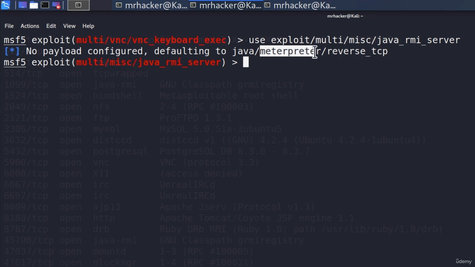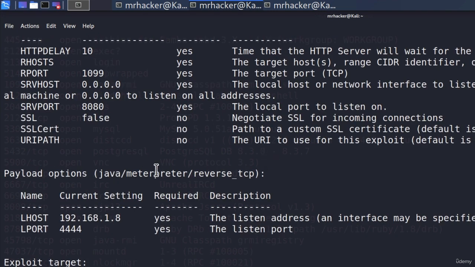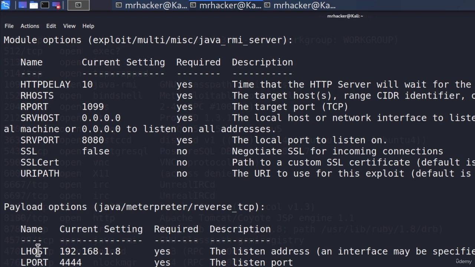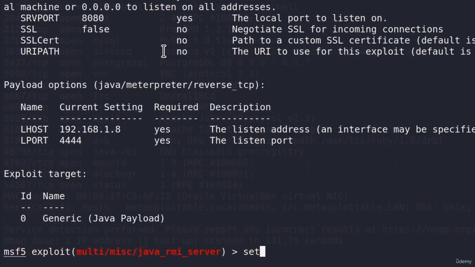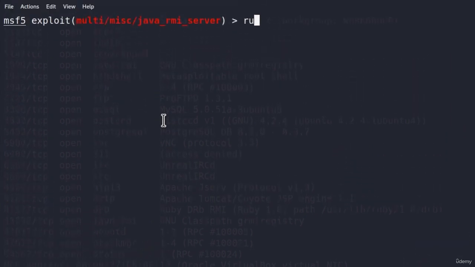Now this is the first time that we're encountering a Meterpreter payload. You will see that it is a little bit different than all the other shells that we got in the previous exploits. So if I type show options, there are a bunch of things that I need to set. Our payload options have already been set to the correct IP address and the correct port. All we need to set right here is the RHOSTS. You can just leave the server host and server port to be 0.0.0.0 and 8080. If I go right here and type set RHOSTS 192.168.1.7 and I run this,